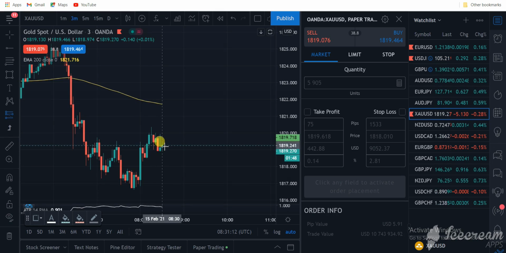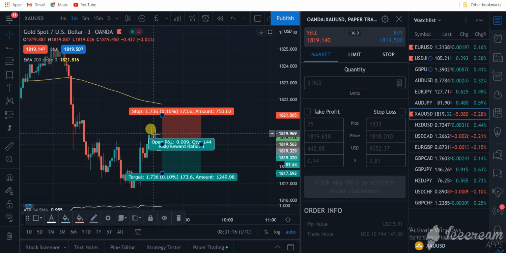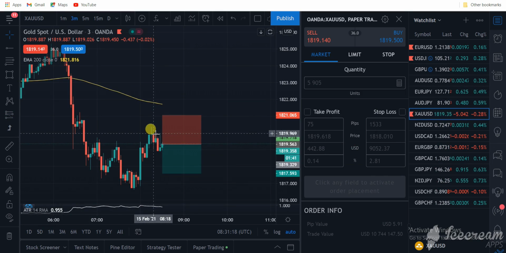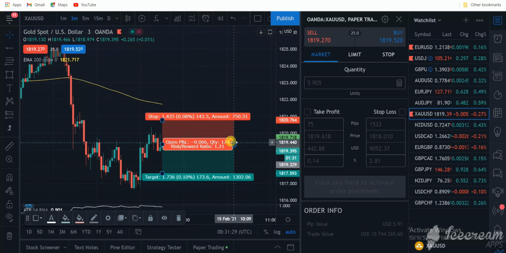Alright guys, so I found this new entry at this point. So let's take this trade right here, real quick, because this is the 3-minute time frame, so we don't want to be slow on this trade. So let's take this trade really quick. So my stop's just slightly above that high, that engulfing candlestick high, and my take profit target, you guys, if